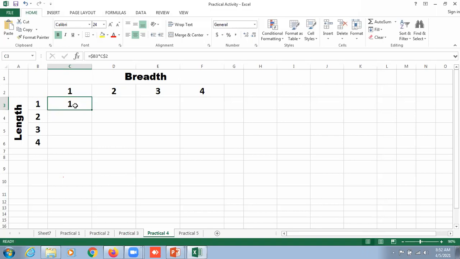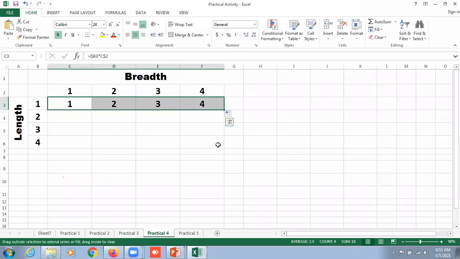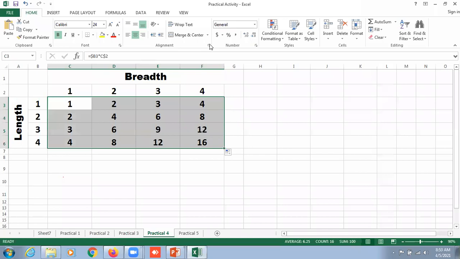I'm just going to hit the enter key and start dragging this information. Now what happened here: this column will remain constant. It is represented with a dollar, which means it is absolute and is not going to change. And here the row 2 again has a dollar, which is not going to change, because this will remain constant. Then we select this and drag towards the downside, and the information is displayed.